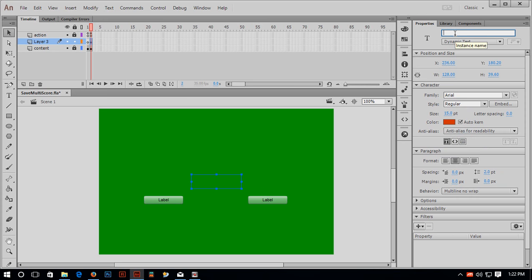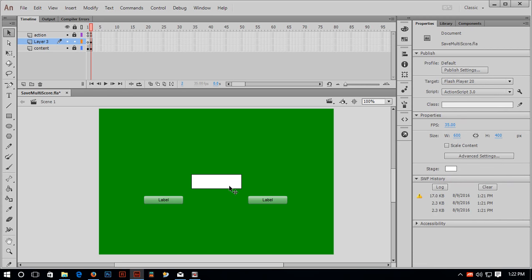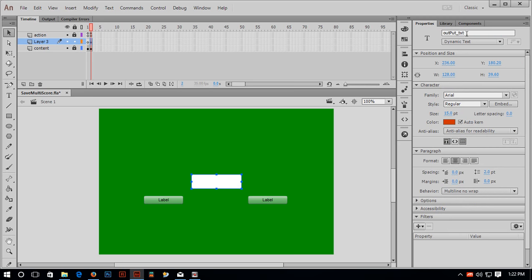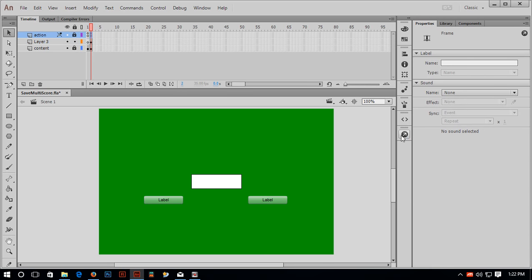Give the instance name output underscore txt, font 15 is okay, and I need an outline like this. Copy this output underscore txt.text, and when I click